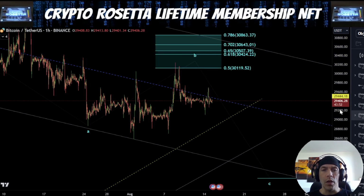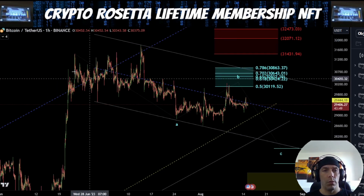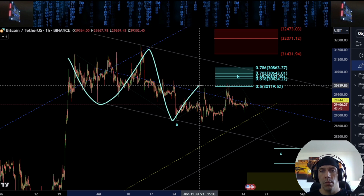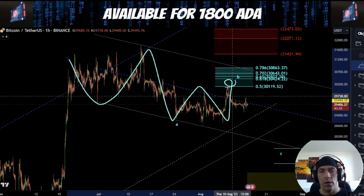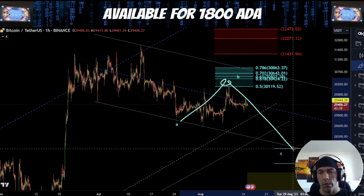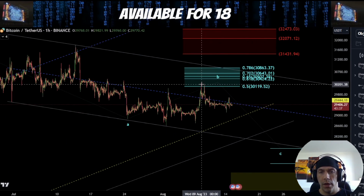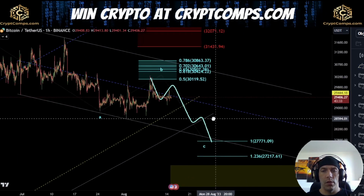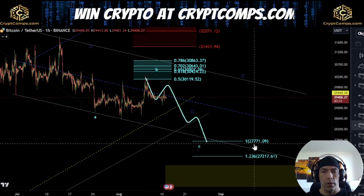So we'd have to monitor it if we do move down to these levels to see how we react. Now, the other way we were discussing it is that we could say that this whole move here is an A wave, and we're looking at this potentially as a B wave to the upside. Now, this B wave could potentially be completed where it is, and we could look to break down for the C wave. So this is why we need to be careful of this idea that if we do get a 5-wave move down here,